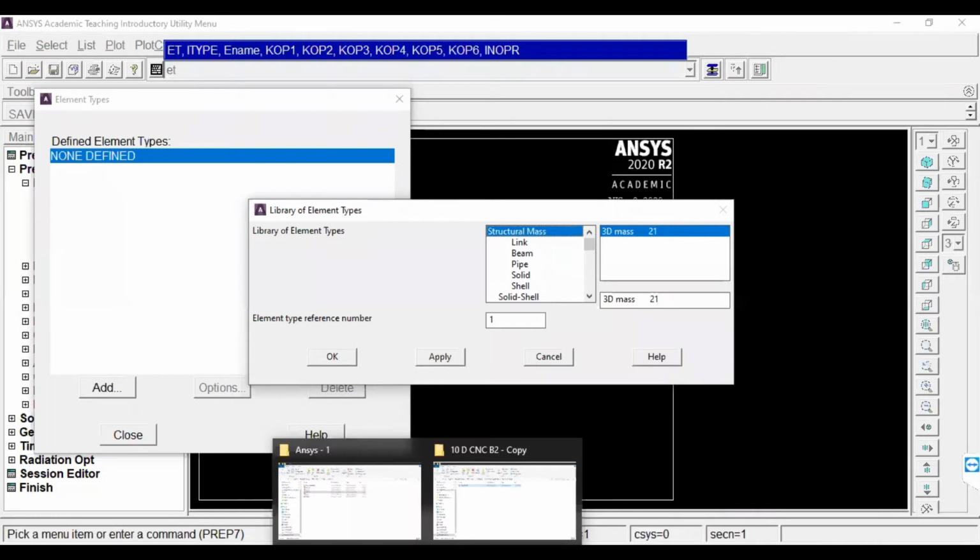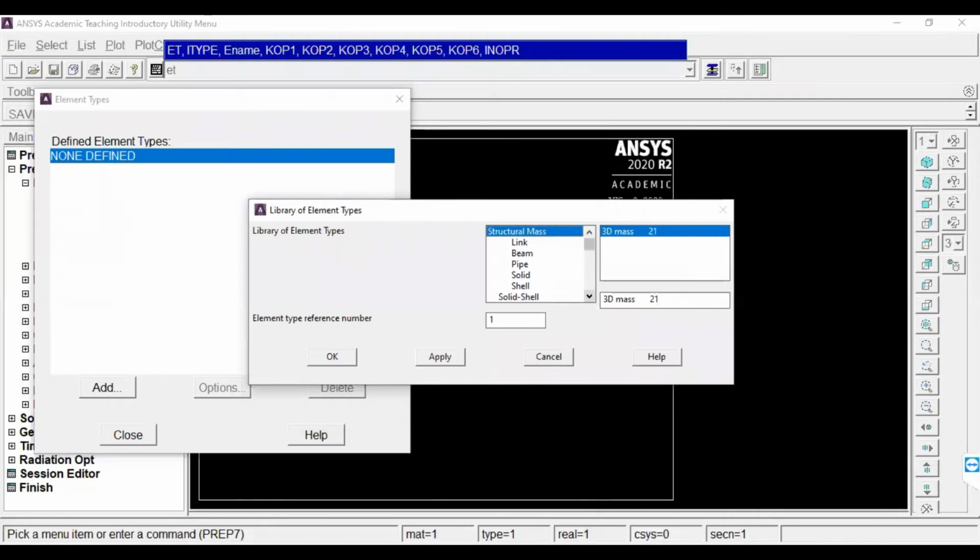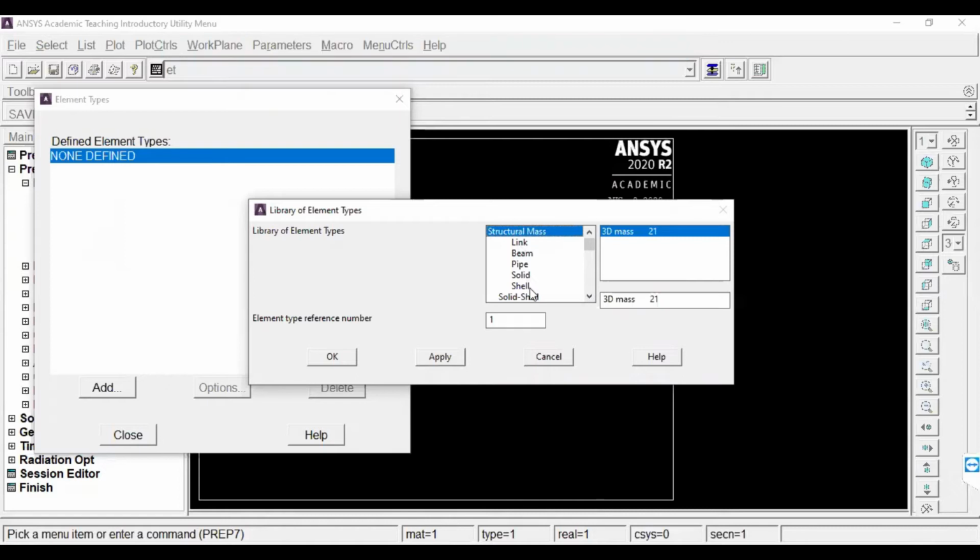See here, there are different types of elements available depending upon the problem: structural mass, link, beam, pipe, solid, shell.